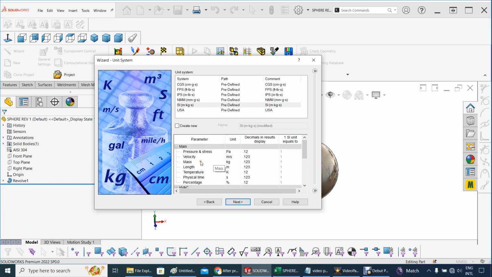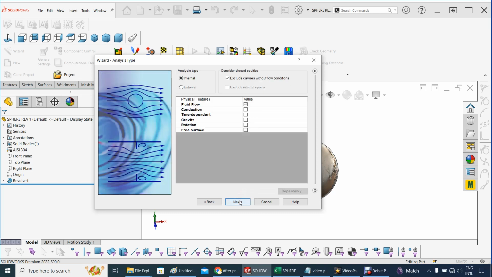Anything else here that I would like to change, you can change it here if you want to, but it looks good so far. So next, now internal, it's gonna be external, so the computational domain will be based on